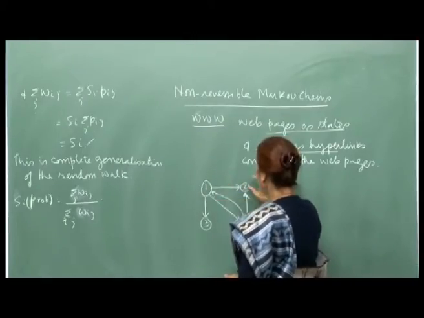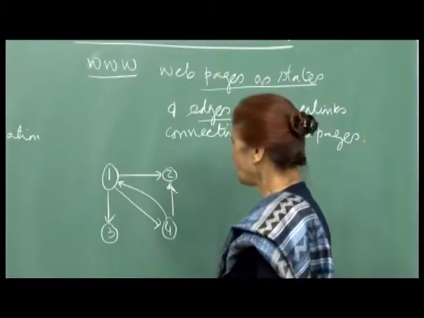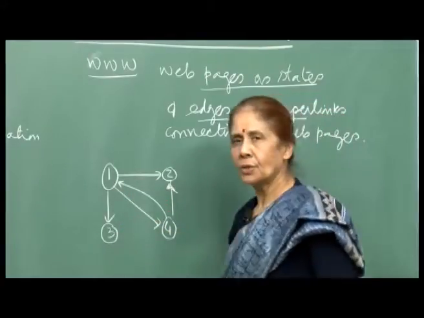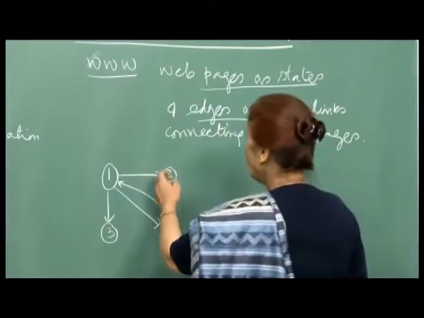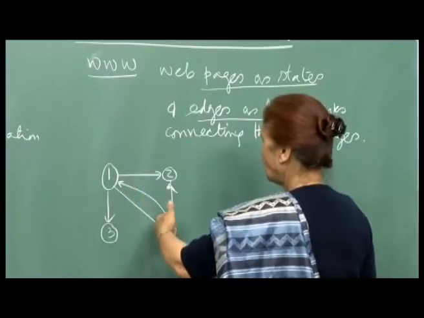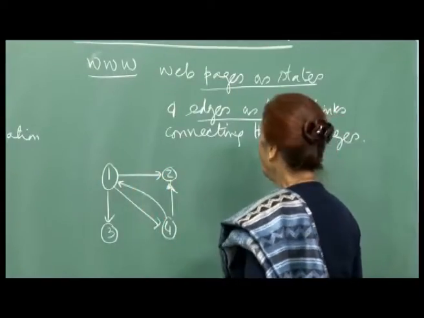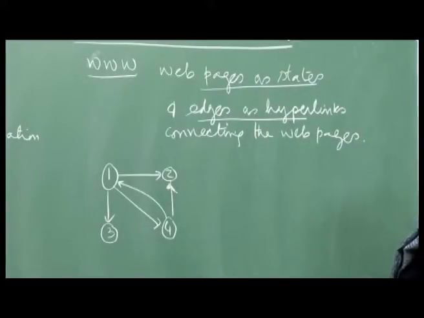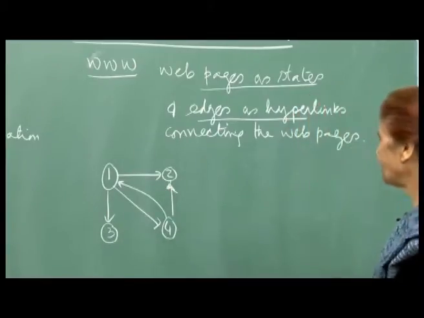Each node will be a web page, and the pages which are connected to a particular node will be directed by a link. So, for example, from 1 you can go to 3, but you can't go from 3 to 1, right. Similarly, you can go from 1 to 2, but you cannot go from 2 to 1, and so on. But you can go from 1 to 4 and 4 to 1, and similarly from 4 to 2, but not 2 to 4. So you can immediately see that this will not be a time reversible process.